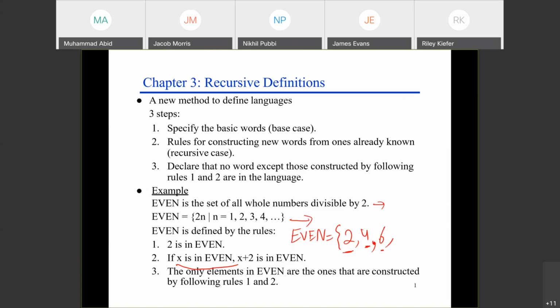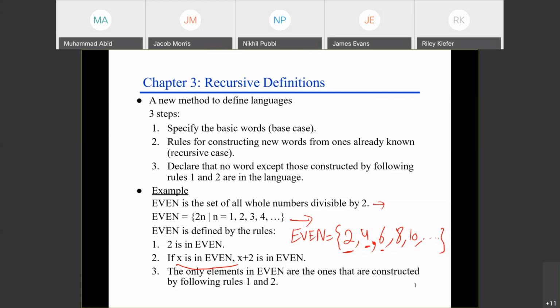So if you choose 4 as an x and put plus 2 there, you will get 6. So you already have 6 there. So there is no need to generate again the duplicate term. So we will consider that x that will give you a new number. So 6 plus 2, 8. 8 plus 2, 10. So this way we generate our language, and you see that just by using these two